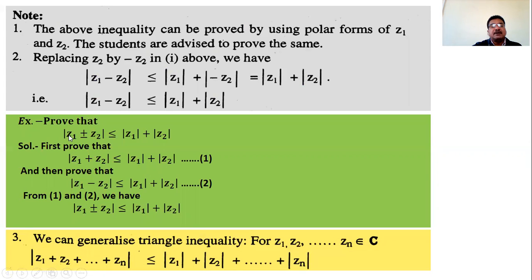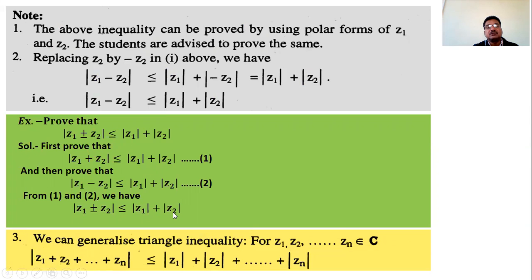So mod Z1 plus Z2 is less than or equal to mod Z1 plus mod Z2, and mod Z1 minus Z2 is also less than or equal to mod Z1 plus mod Z2. Don't write the minus sign here. Mod Z1 minus Z2 is not less than or equal to mod Z1 minus mod Z2, but mod Z1 minus Z2 is less than or equal to mod Z1 plus mod Z2, and therefore if we combine these two, then we have that mod Z1 plus or minus Z2 is less than or equal to